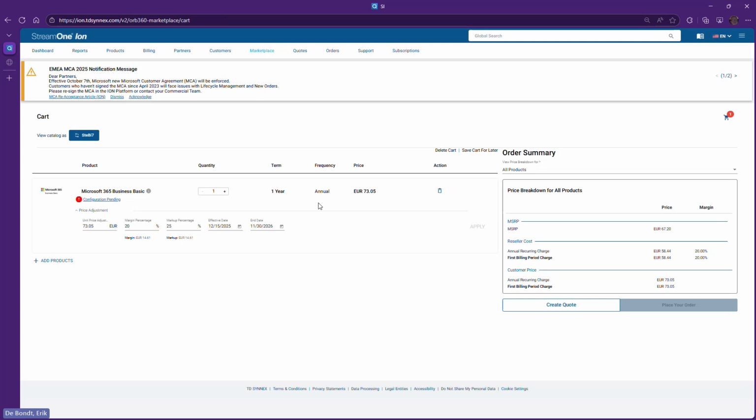So you see here my sales out 73.05, and I can now change. I don't want 20% margin. I want to increase it, or I want a markup, whatever you want. There are 2 fields, but as you see, the unit price changes. You see also the margin that you have